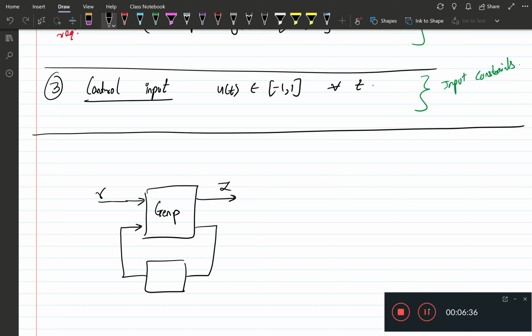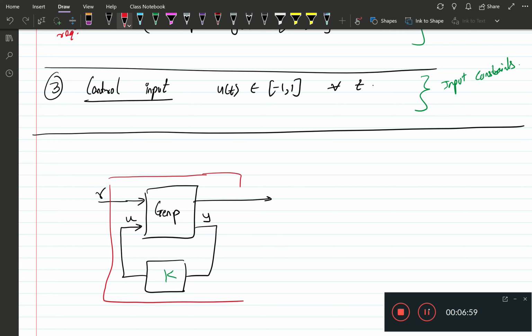So we have some input R, output Z, input U, output Y, and we are looking for a controller K. Then if we write this block as T, which is the closed loop, and that depends on the controller K, then